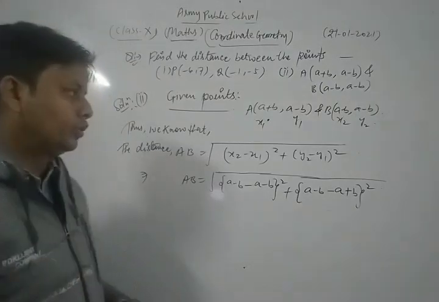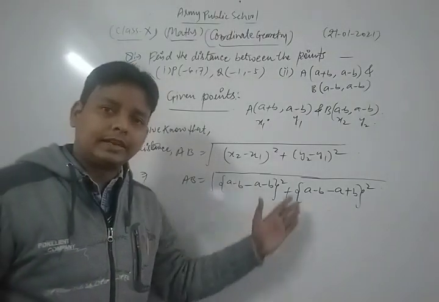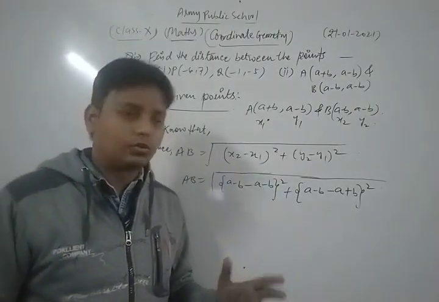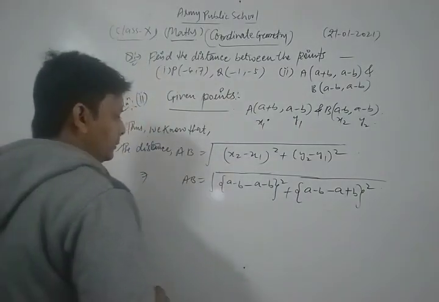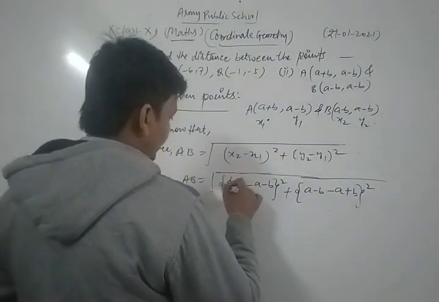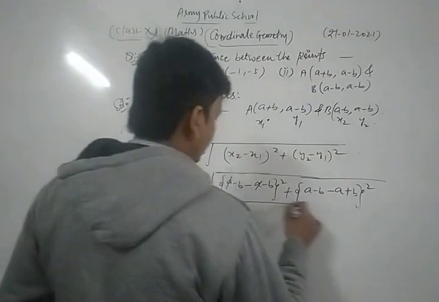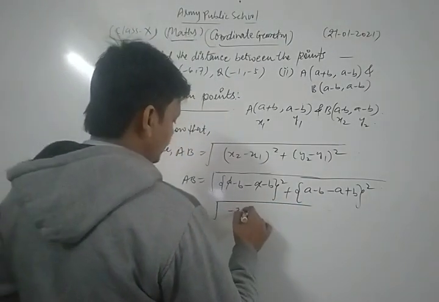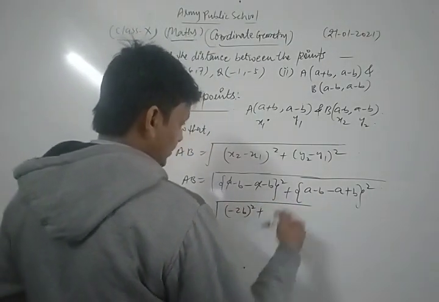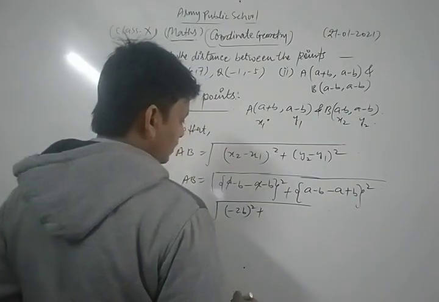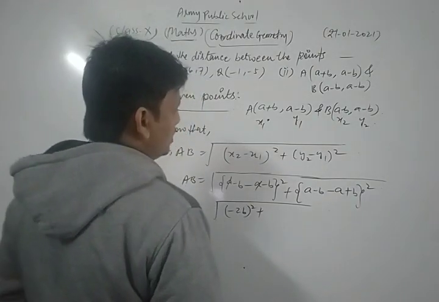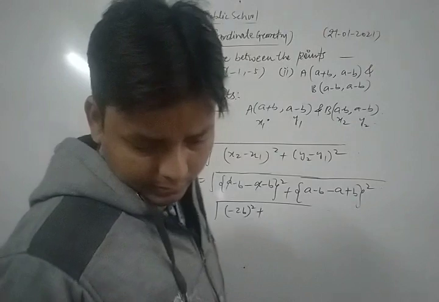Okay. Now we put all the values in that formula and we break the brackets. So we get this. Now we simplify them. Let's see. Now A and A cancel to each other. So we get minus B minus B. This is minus 2B whole square plus in here, in that side. This value is what?